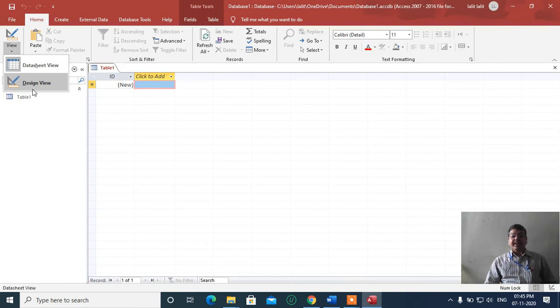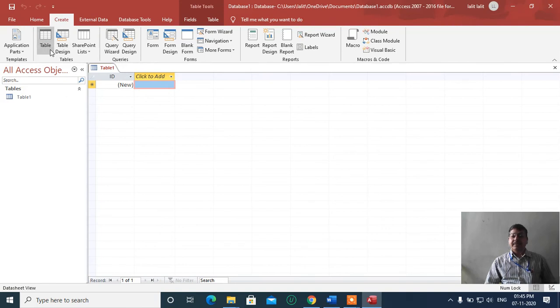If you want to create another table, you have to click on the create button. Okay, so I think that's all for today, students: how you can create the database and how you can delete your database.